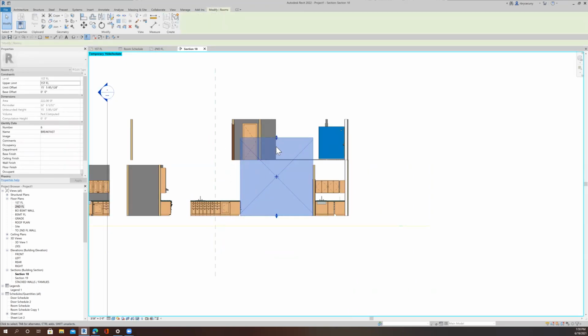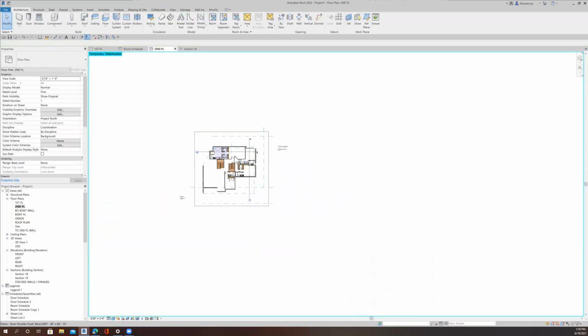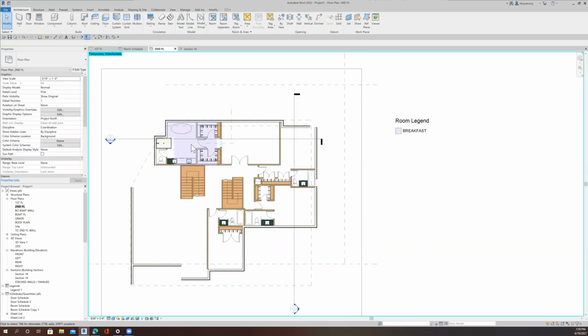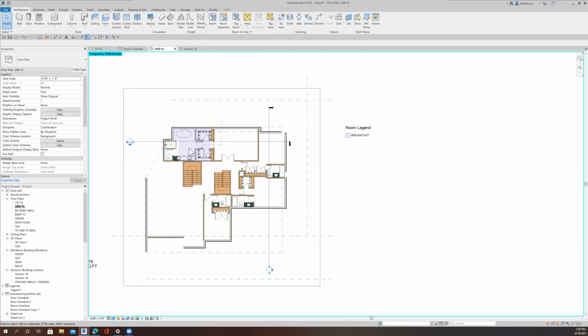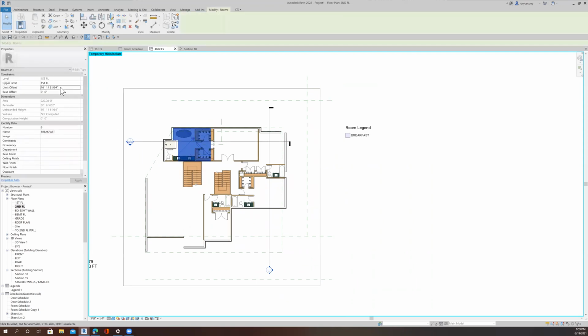Because my offset now is way up here. Breakfast, yeah, I should be able to see it on the second floor. Oh yeah, there we can, see? Because my elevation of that room is just too high. So if I select that room and change this back, my ceiling heights are 10 feet. So if I say 10 feet, now I don't have any